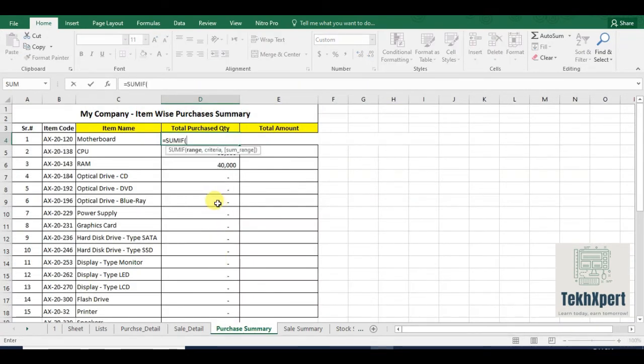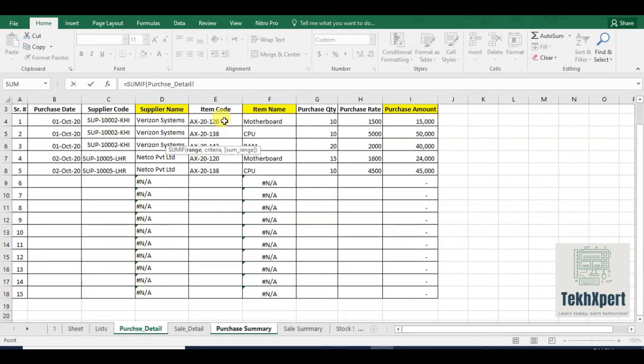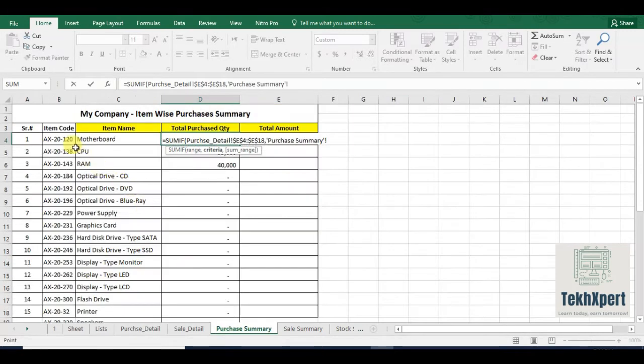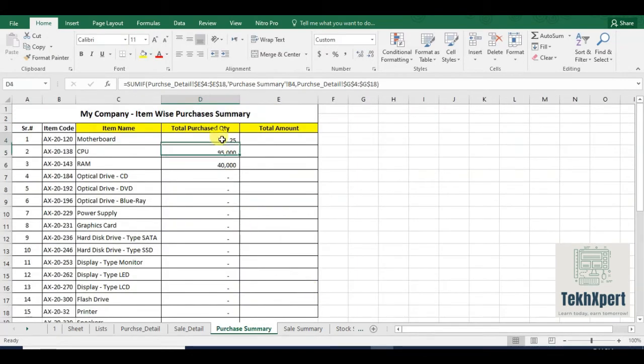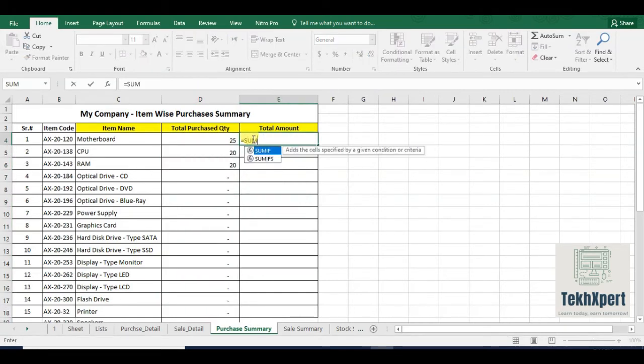SUMIF item code, range purchase detail, comma, criteria, comma, sum range quantity. In the last attempt I gave the range here as purchase amount. So we now have quantity here.